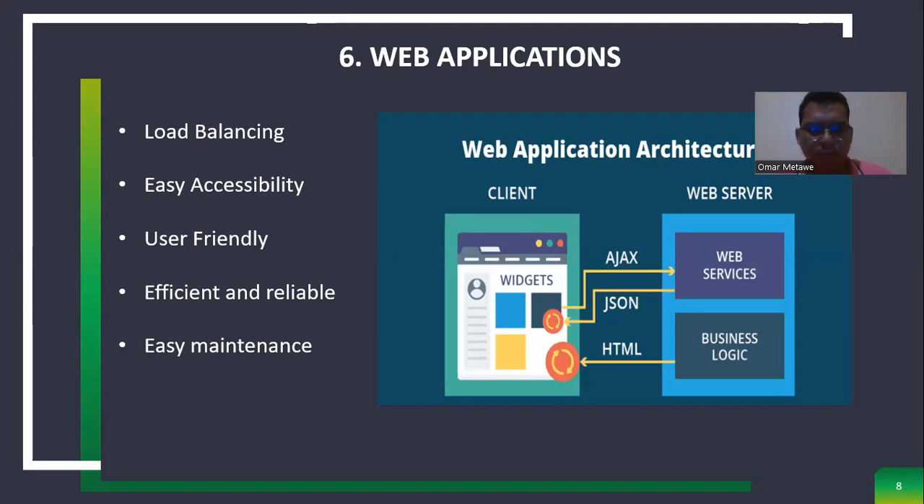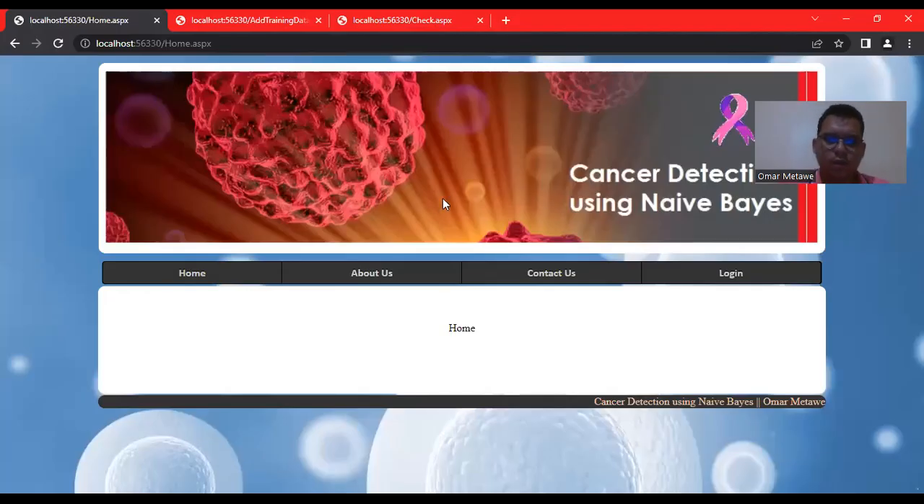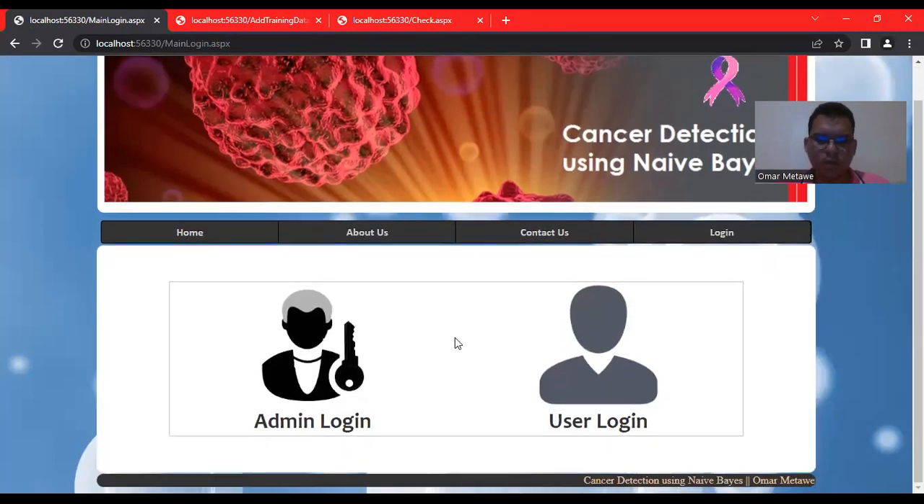Moving on to the project. So over here we have the home page. There is the nav bar. We can go to the login. It will give you two options, the admin login and the user login. So if you go to the admin login,